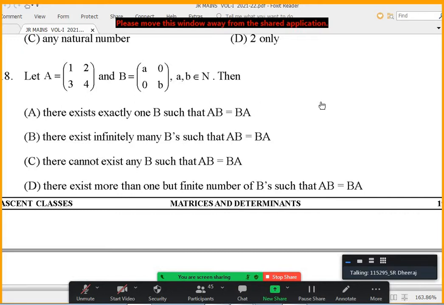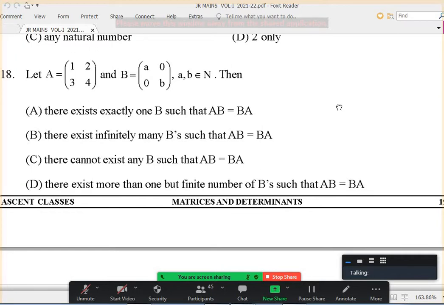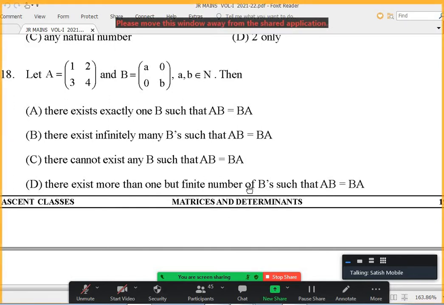Sir, 8th one D, sir, answer. This is 18th one, okay? Yes, sir, 18th one. Because it was covering the screen, one is not visible, sir. Some line is hiding it. Okay, but not option D, because in option D they say finite number of B's, but option B is infinite number of B's. Now, option B is the answer. Option B and D do look similar. One is about finite, one is about infinite.